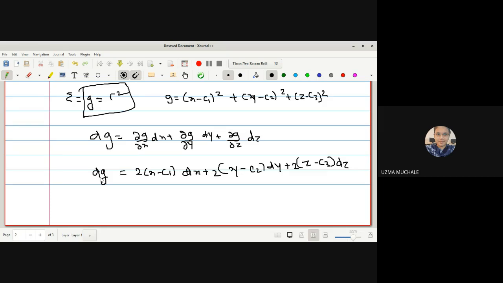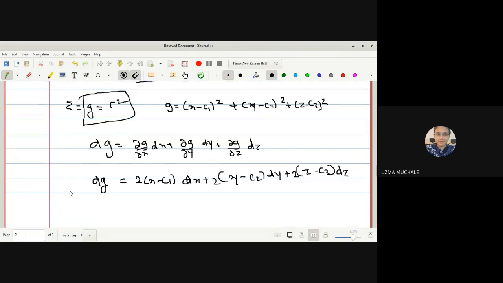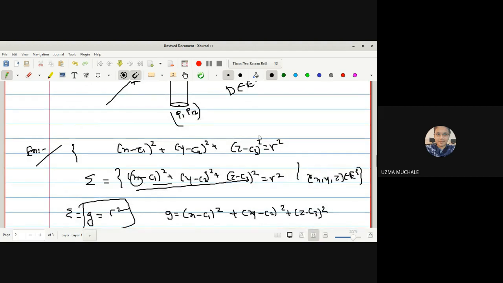We know that a sphere is an example of a surface. Already we have proved it for the sphere. So here, instead of proving dg is not equal to zero for all points, you would have to check at every point whether dg is equal to zero or non-zero. Because the condition given is that (x, y, z) belongs to E3, you are going to check for every point of E3 whether it is true.